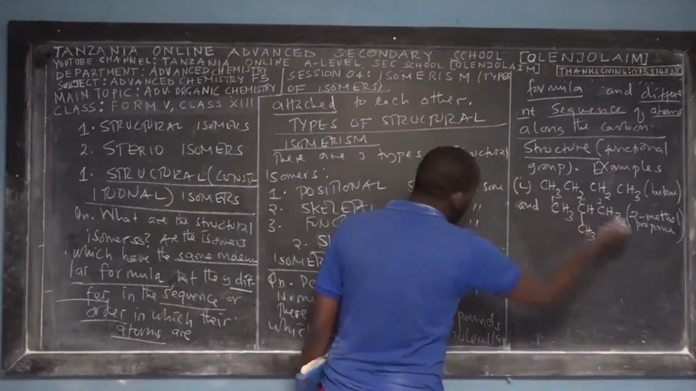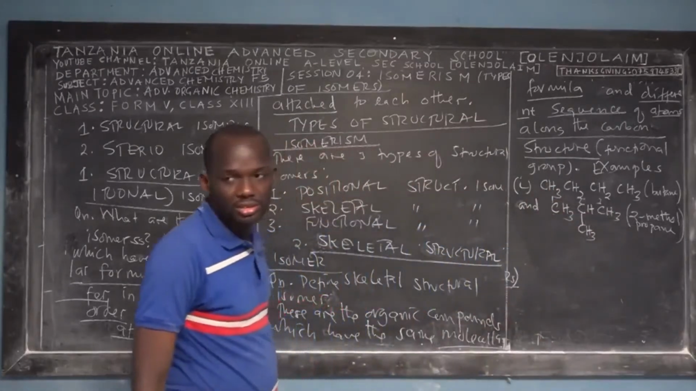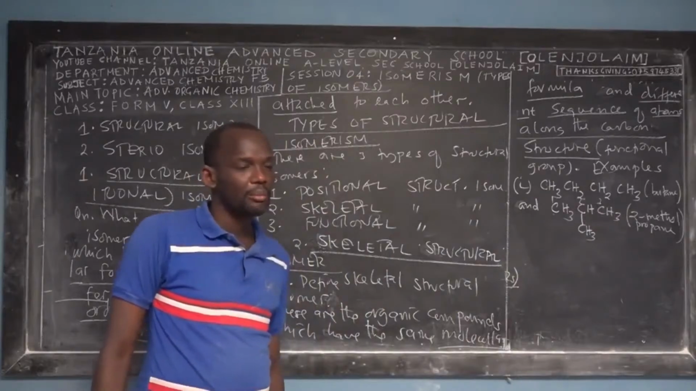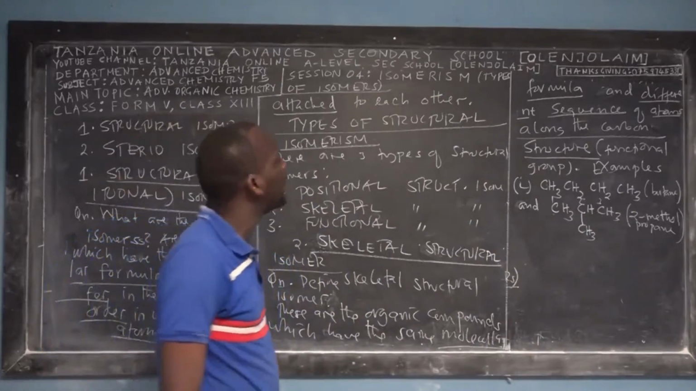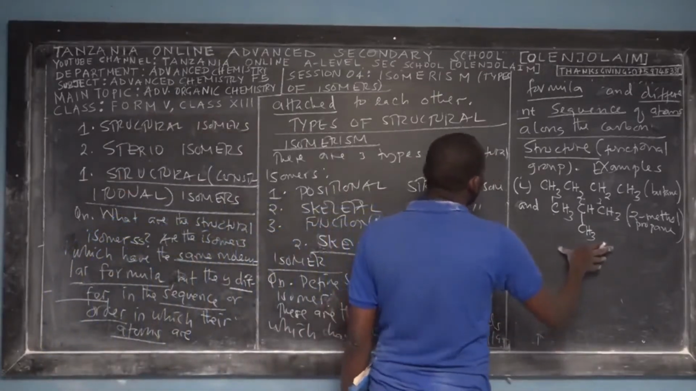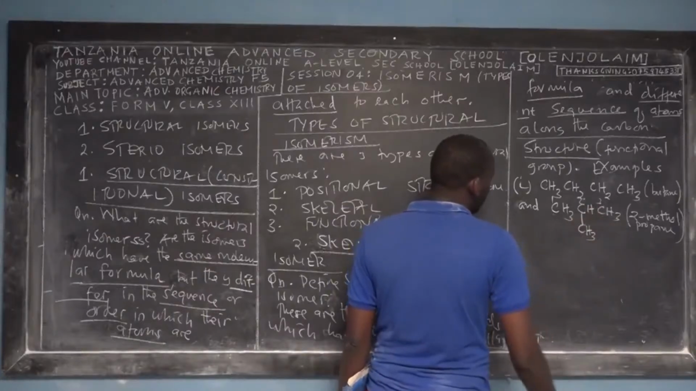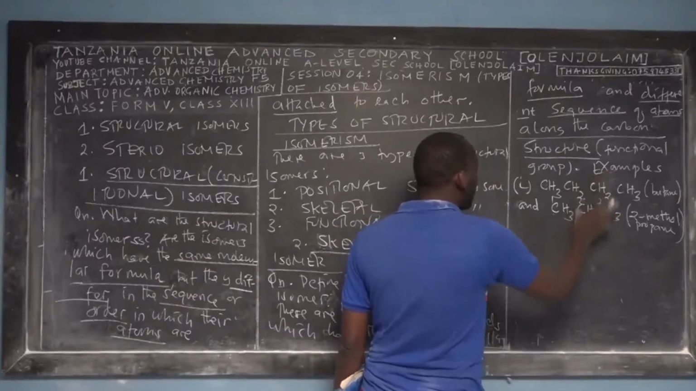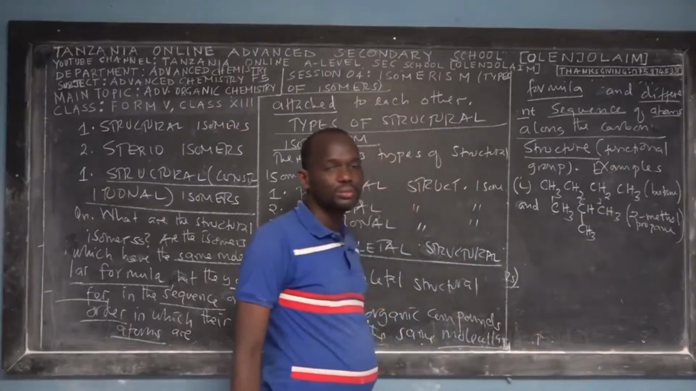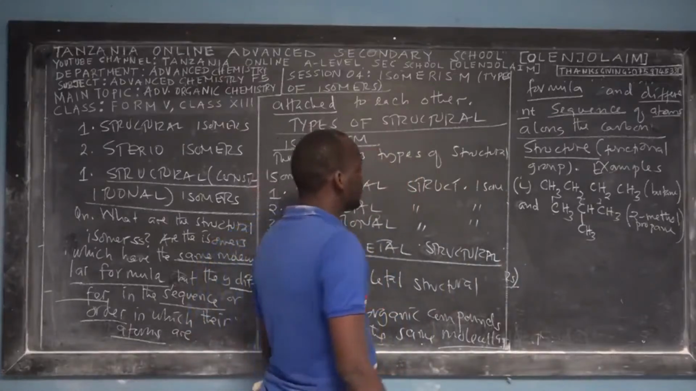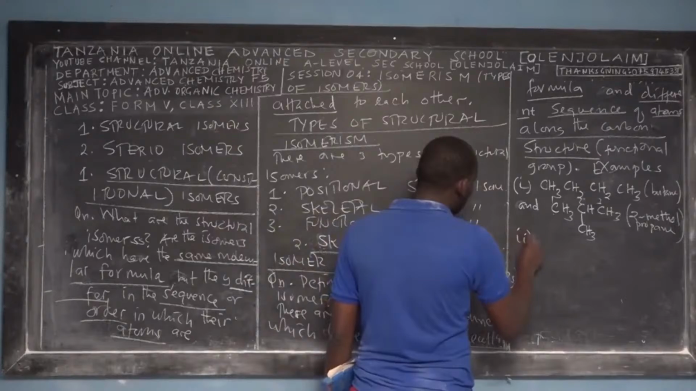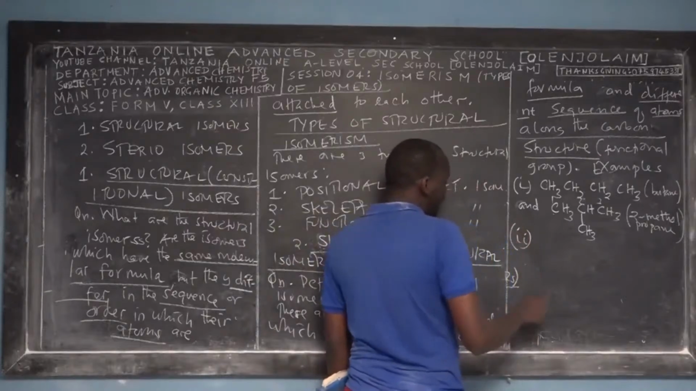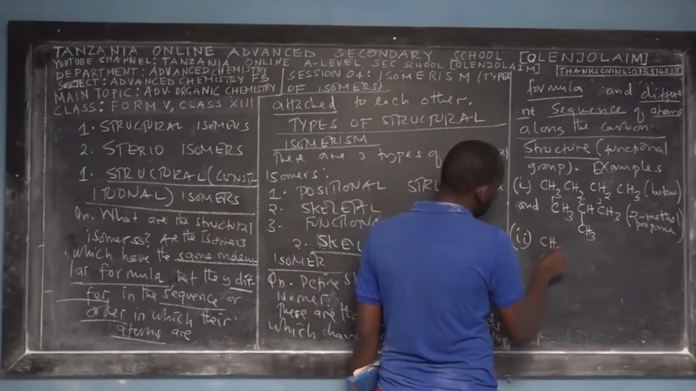So same molecular formula, 4 carbons, 10 hydrogens, but the arrangements of the atoms along the carbon structure is quite different. Here you have an attached group, here you have no attached group. Right? All together. The second example, we can have another functional group, which is CH3,